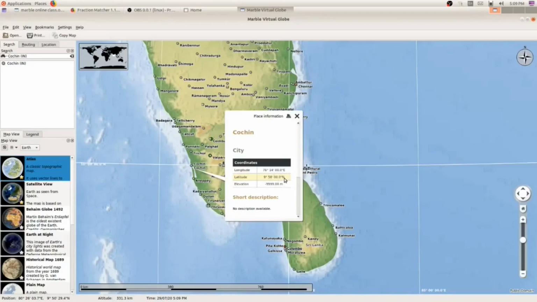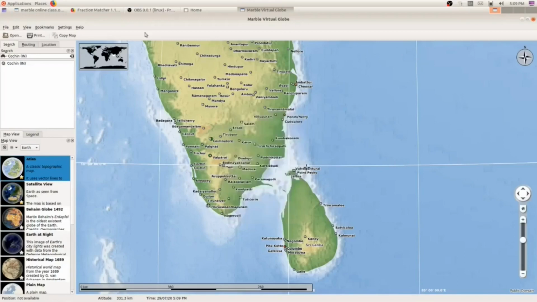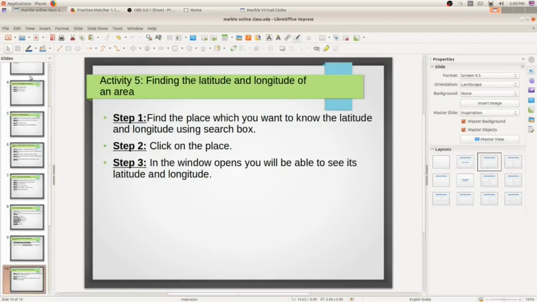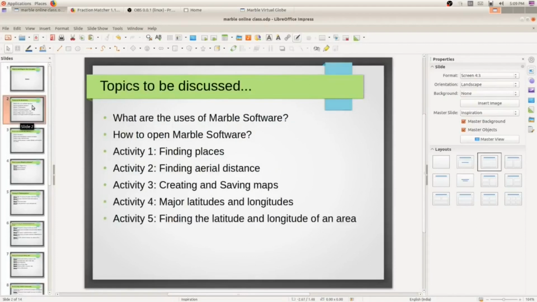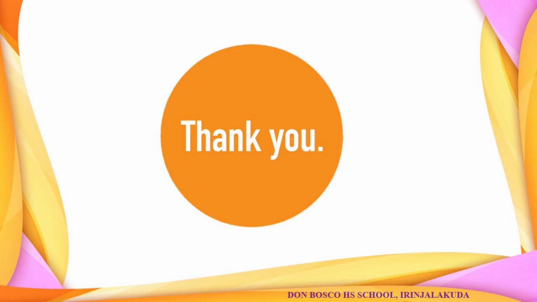Okay, so these all are the activities which we have studied in second chapter. So hope all are clear about these activities. If you have any doubts or queries, please feel free to contact me in person. In the next class, we will start our third chapter, concepts into pictures. Okay, my dear students, so study well. Thank you very much.